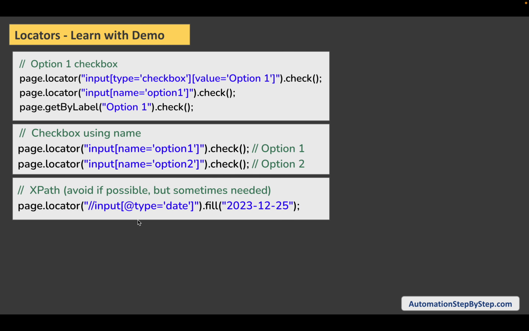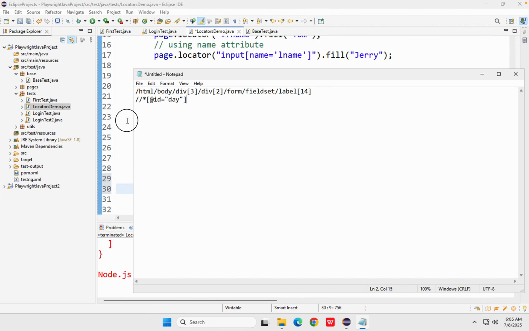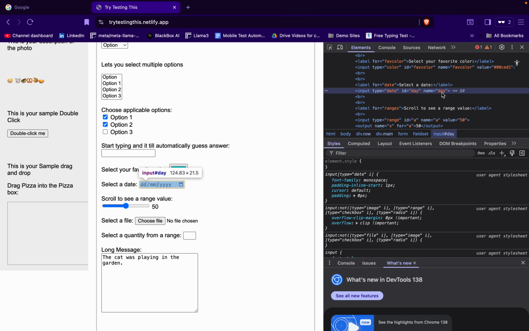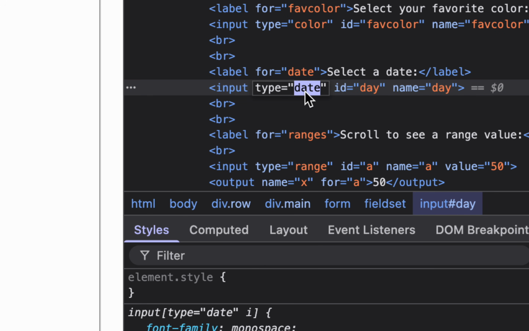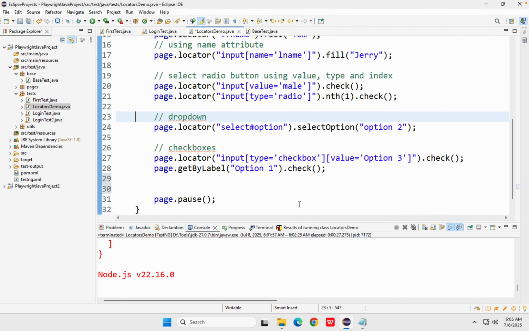But what we can do is we can use the input type and then we can say at type date. So you can see this one, it is of type input and type is date. Okay, so I can say here